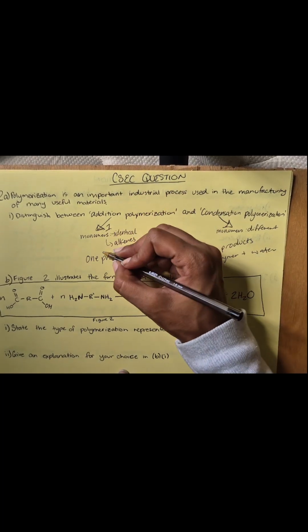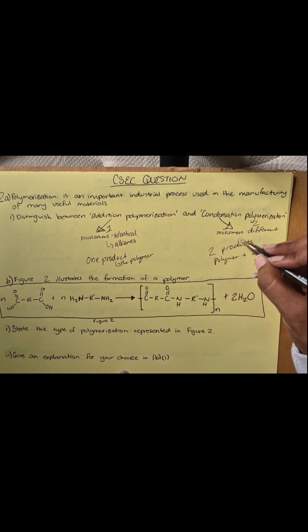So it's one type of monomer, one product, two different monomers, two products. So now you have two different monomers, and we also have two products. So that could have been the way that you chose to determine that it was condensation. We have two products, one being water. So we know it's